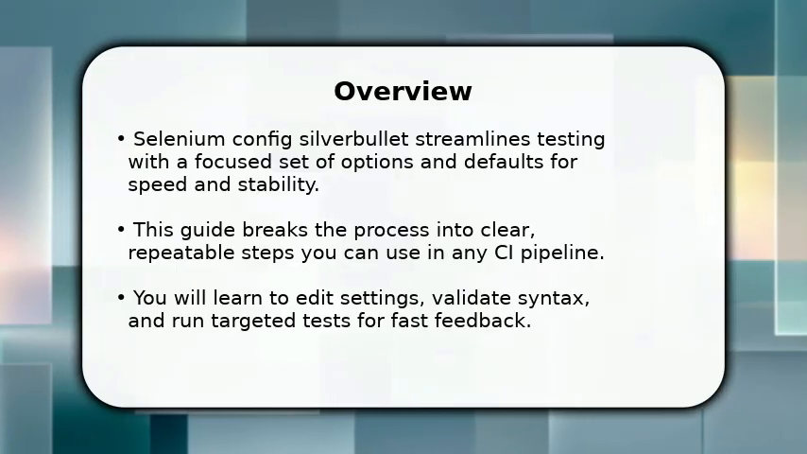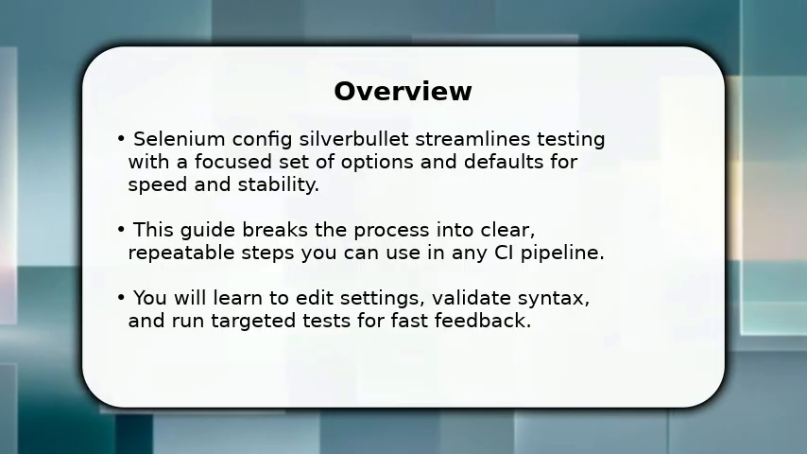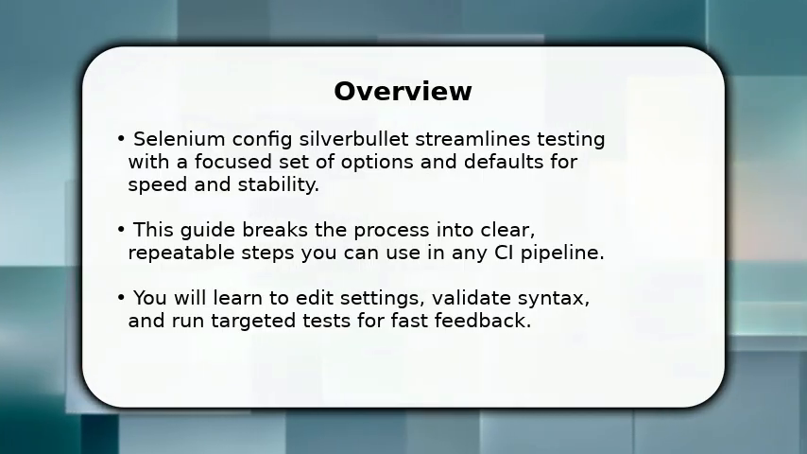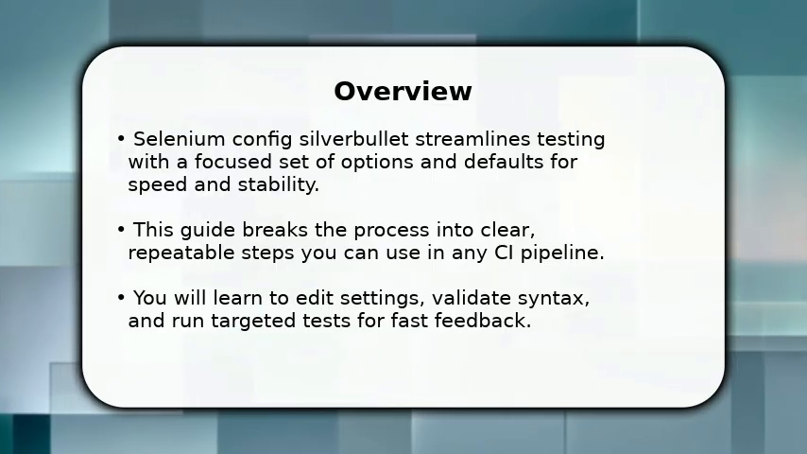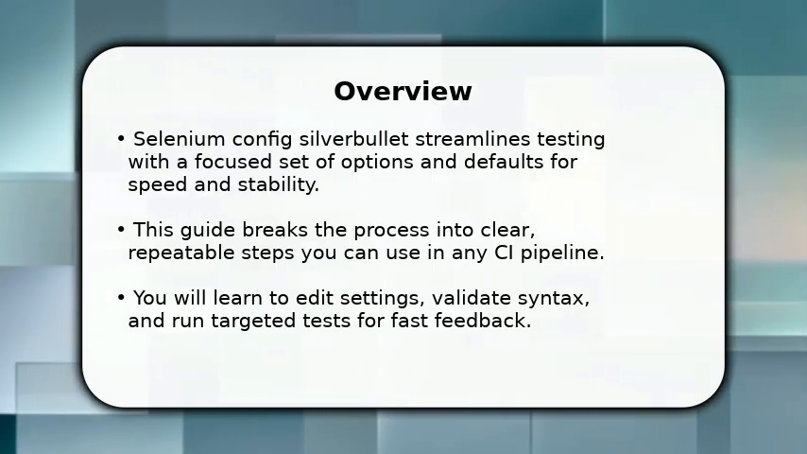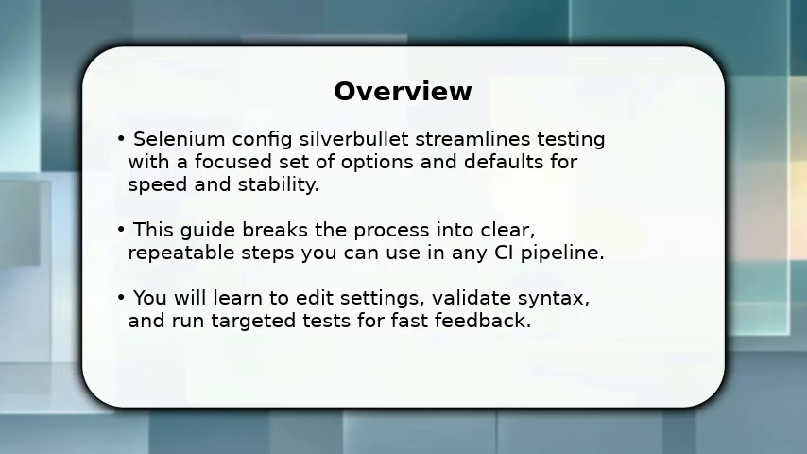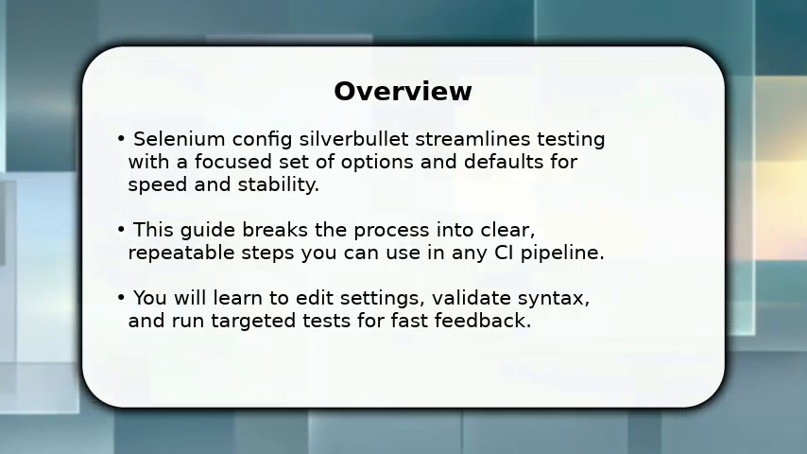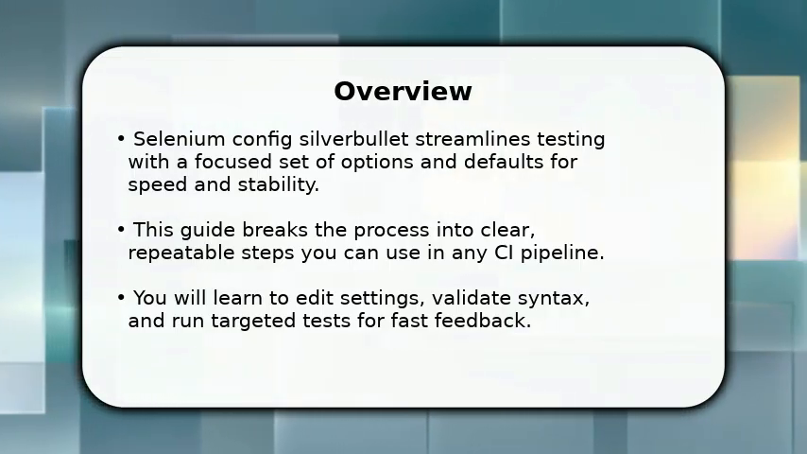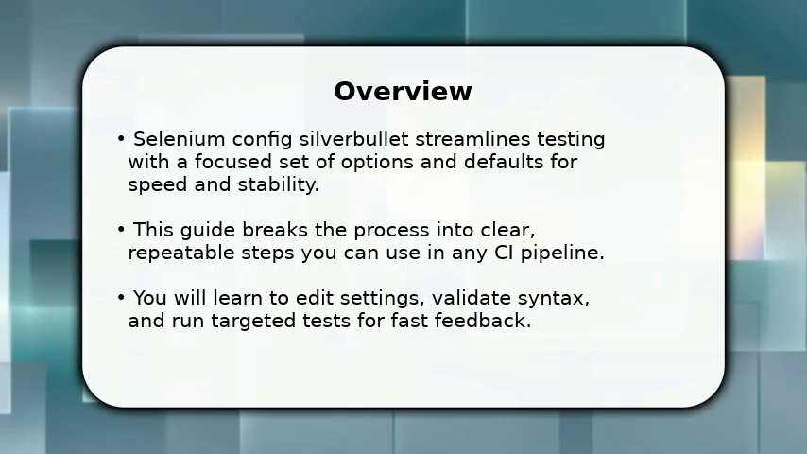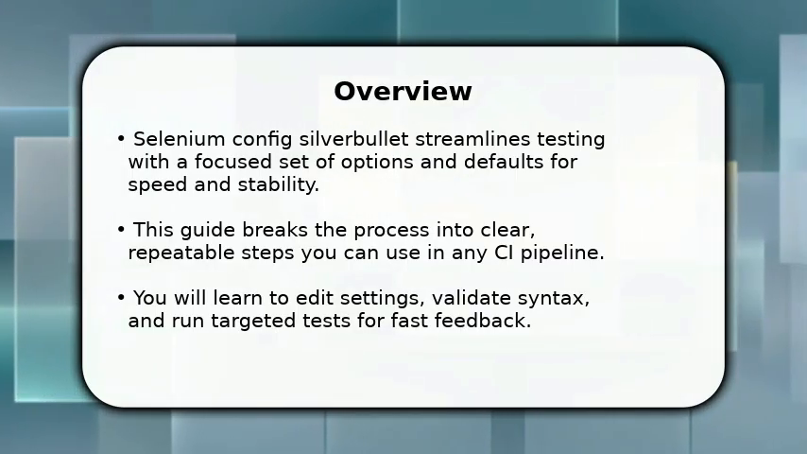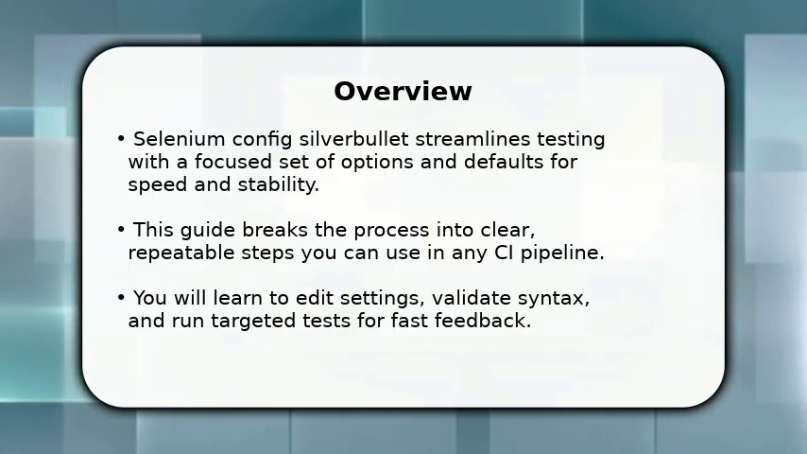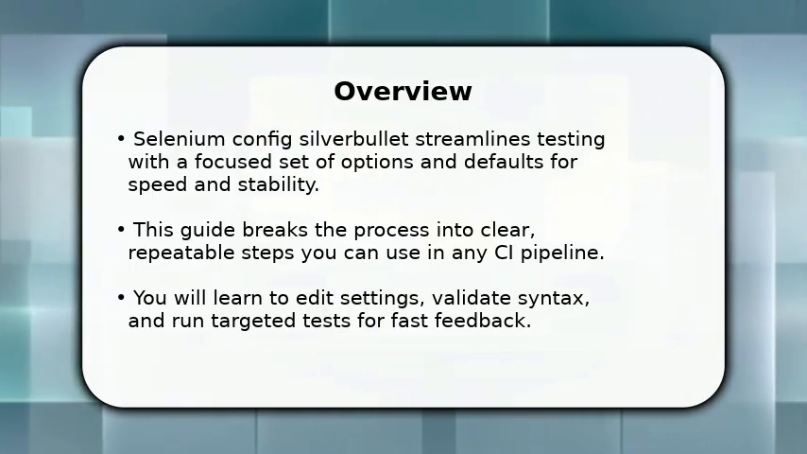In this video, I will explain how to make Selenium config Silverbullet step by step. Start by creating a dedicated config file named Silverbullet.json, and set default browser to Chrome. Next, add headless, timeout, and retry properties with sensible defaults. Then include a targeted test list to reduce runtime and increase reliability. Finally, validate the file with a linter, run a quick smoke test, and iterate based on failures for a stable